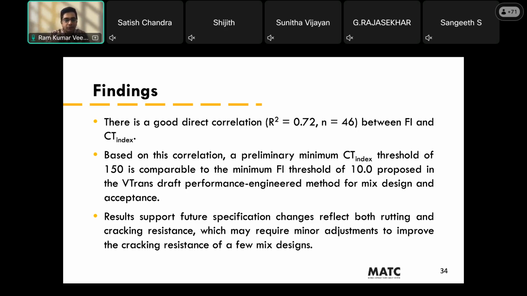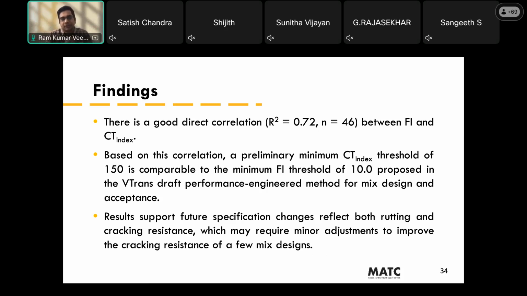And what we also found was a good correlation, as I mentioned, between the IDEAL-CT and the I-FIT comparison; there's a good correlation between these two tests. So if you're looking at the production aspect, IDEAL-CT is one of those tests that could be considered for BMD implementation on a practical basis. And based on this correlation, a preliminary minimum CT threshold of 150 is comparable to the minimum FI flexibility index threshold of 10 proposed in the VTrans draft